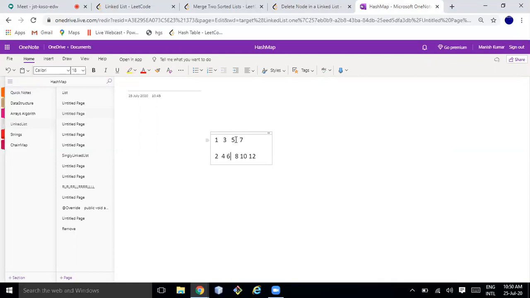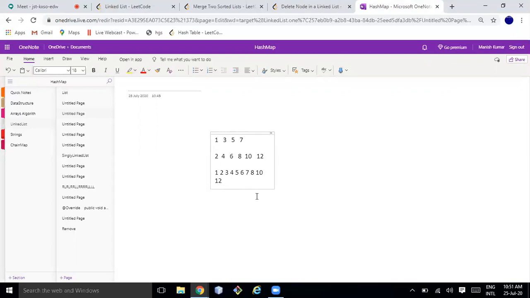If I ask you to merge them so that the list remains sorted, what will the sorted list be after merging? It should be 1 2 3 4 5 6 7 8 10 12. So this should be the output.